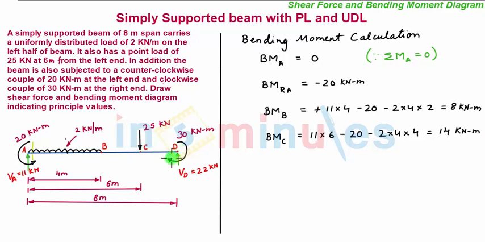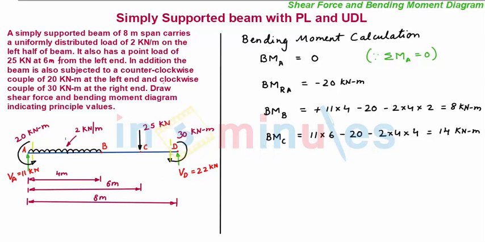Now we move towards point D. Now before point D, we take a section towards left of D and very near to it. The reason is at point D there is a couple acting. So we need to take moment at 2 points, one towards the left of that point and towards the right.